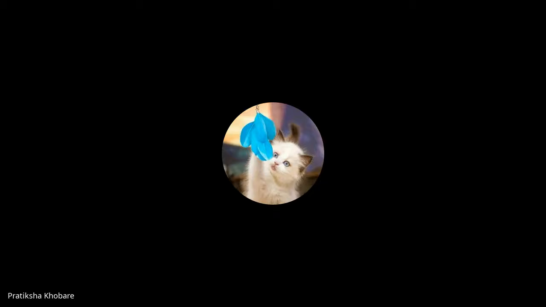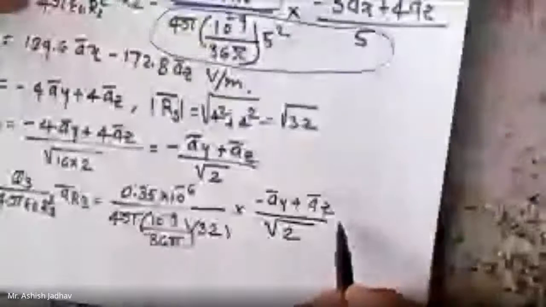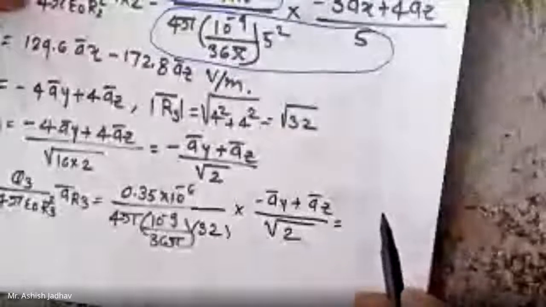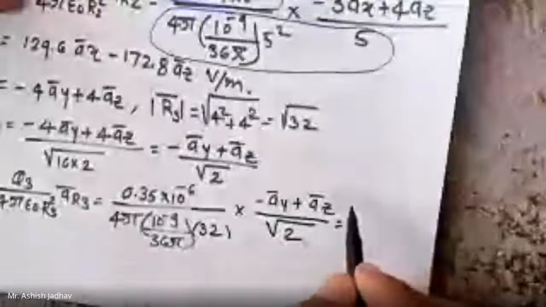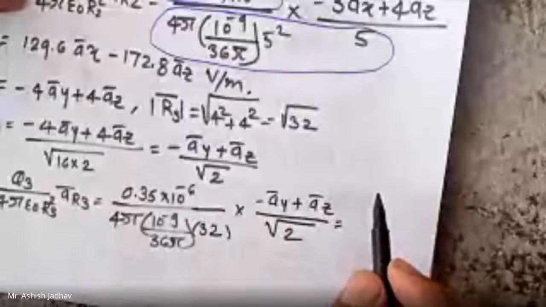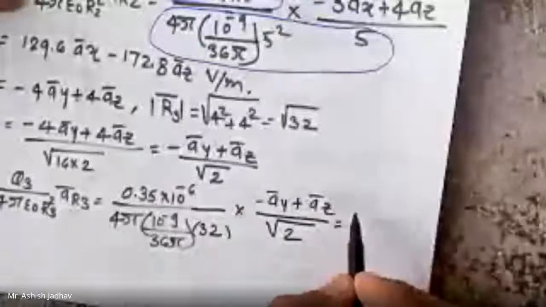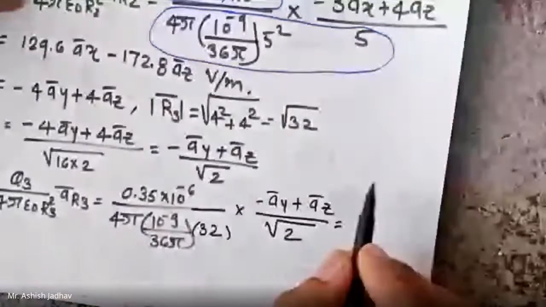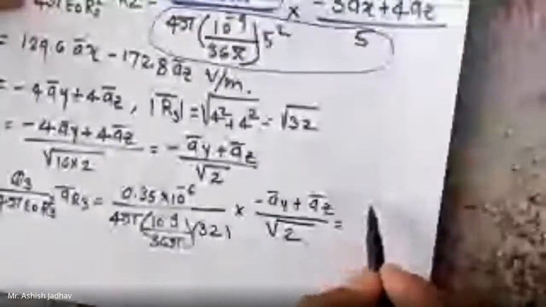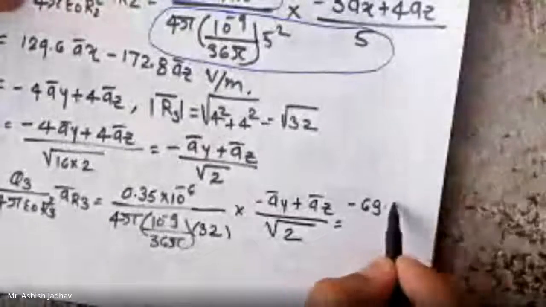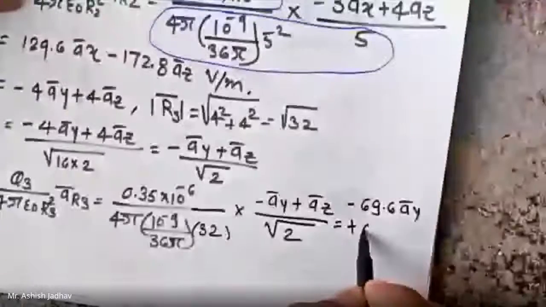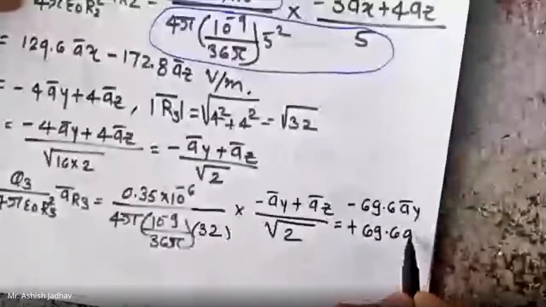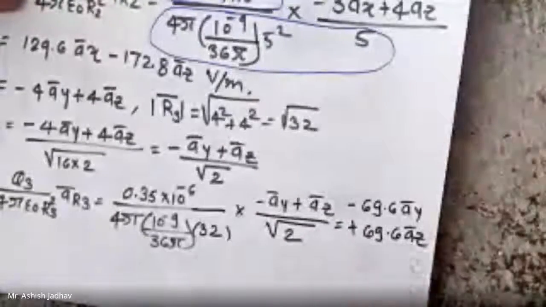Minus 69.85 a bar y plus 69.85 a bar z approximately. Okay, right now it is okay, but when we will resume with the college, I will tell you the settings of calculator. So by the time the answer is approximately correct, and that is also acceptable in university examination, the answer is 69.6 a bar y plus 69.6 a bar z, right? So your answer is also correct.